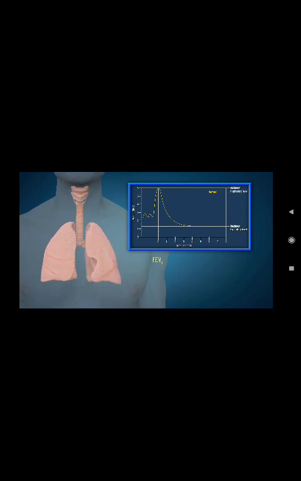FEV1. It is forced expiratory volume of air which is exhaled in first second of the exhalation. In healthy adults, it's about 80% of the total FVC. FEV2. It is the forced expiratory volume